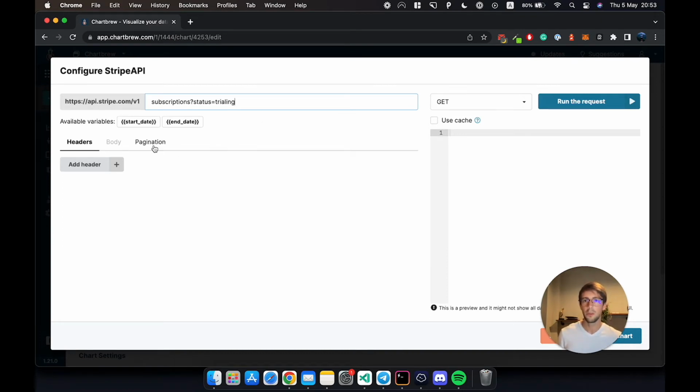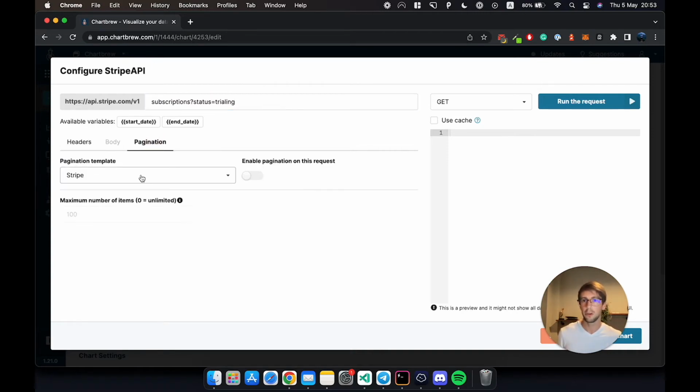And if I want to get all the results, because the results come in pages, I can also tell Chartbrew to paginate these requests automatically. And I can put 0 over here to get unlimited numbers of results. So this way Chartbrew will paginate requests automatically and it gets all the data. So if I run this request,